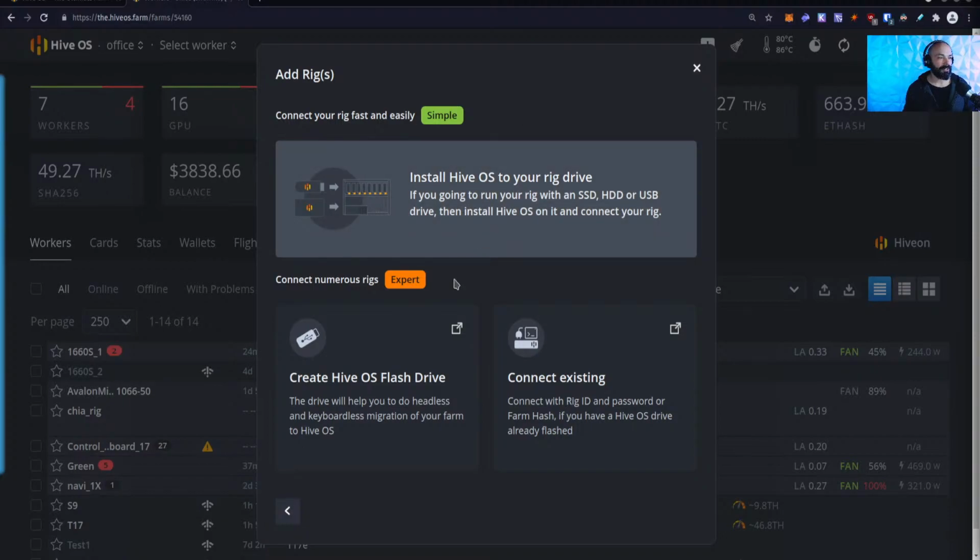Just installing the rig to a drive like an SSD or a hard drive. But a flash drive, again, is the simplest way to handle that. It's really, really straightforward. Beyond that, there are some resources that we can show,